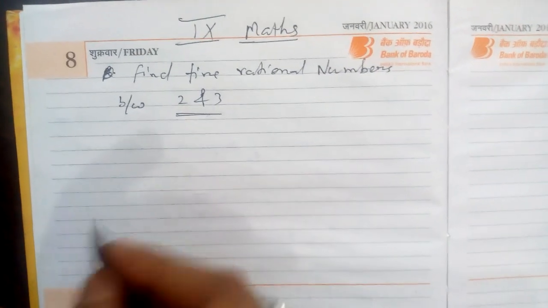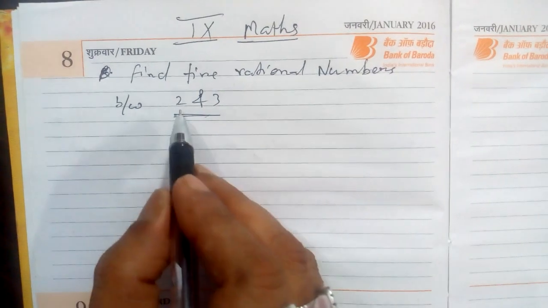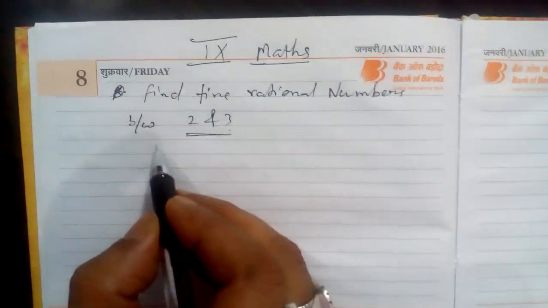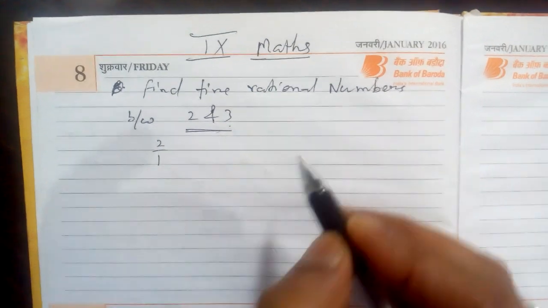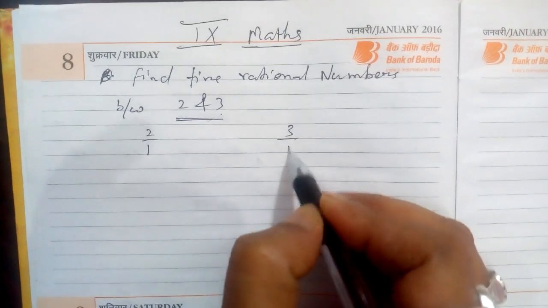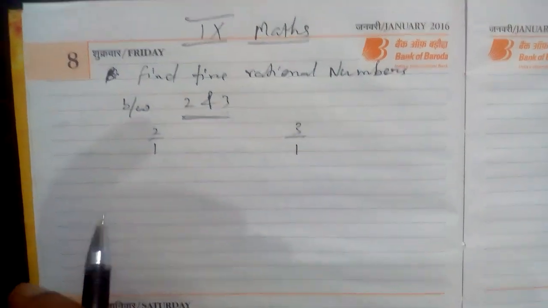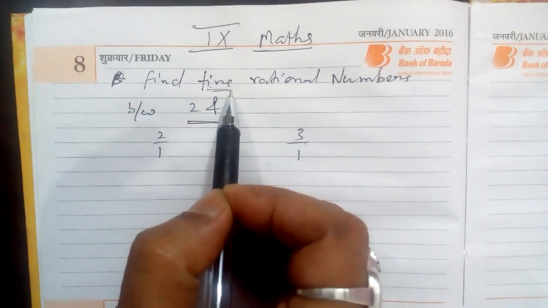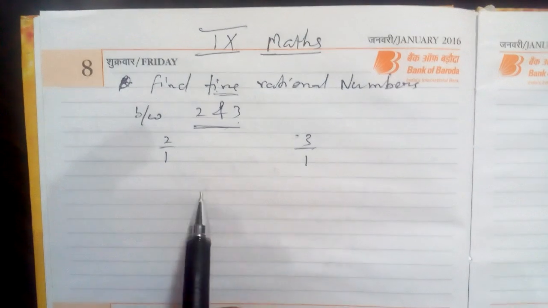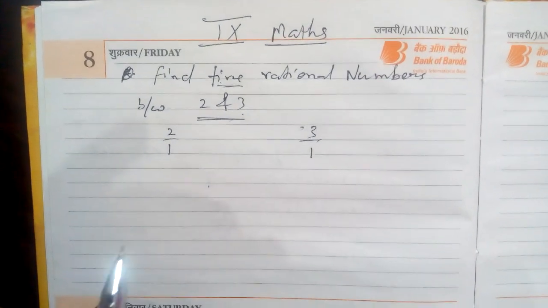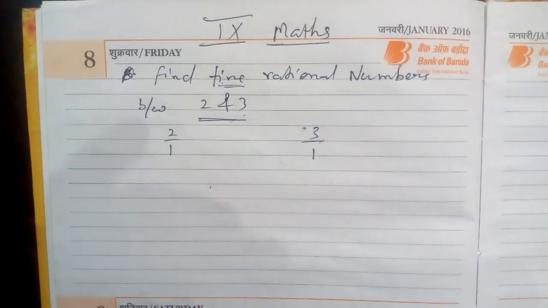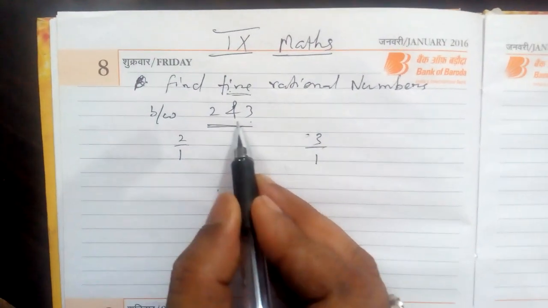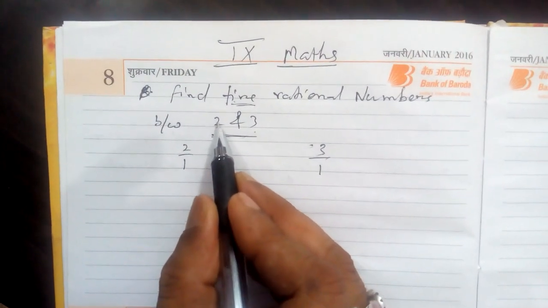So we know it is a whole number, or a natural number, or a positive integer. So you can write 2 as 2 by 1 and 3 as 3 by 1. How many do you want? 5. One method is this: you add them, divide by 2. Then again add, divide by 2. Add, divide by 2. It is given in class 8. But it is a lengthy method. One method is also here.